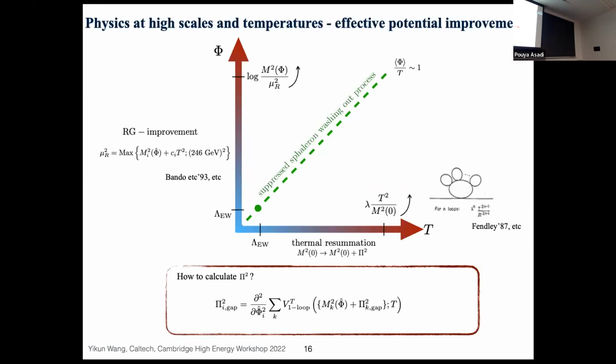As you can see, I give you two axes here. The x-axis is the temperature, so I can go anywhere from the electroweak scale to a very high energy scale, and the y-axis is a field value, so it can be any field, a thermal field, or the inert field. And along the y-axis, we're going to have an RGE problem. So the one-loop perturbative